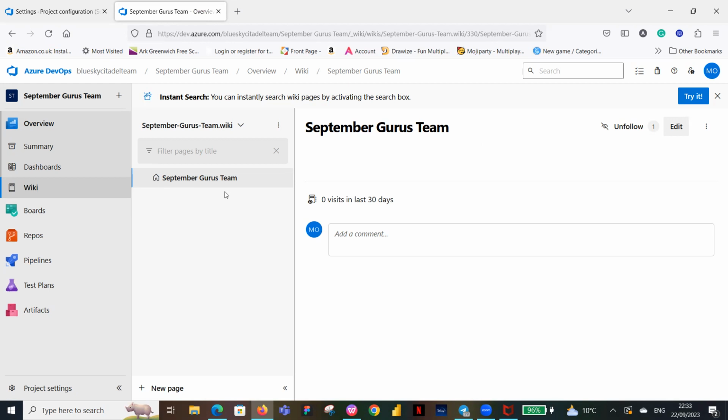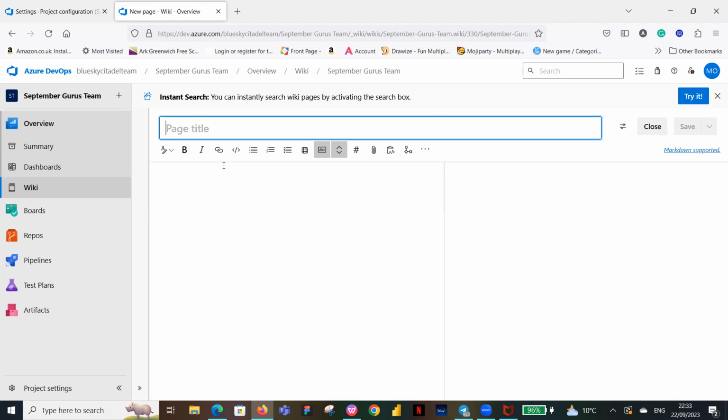Now, if I want other pages to come underneath this one, what I click on is the ellipsis, there's 3 dots. If you click on that, it opens this little page for you and it's saying add sub page, and that is what I want to do. Okay, so I'll add a sub page. It opens up. What do I want on this sub page? And now I can have my team